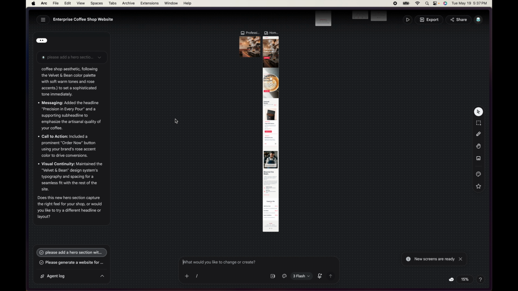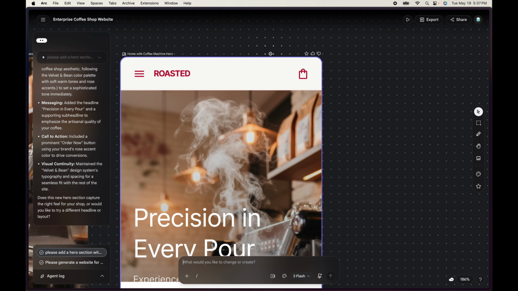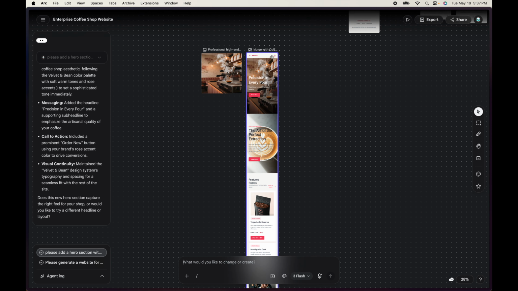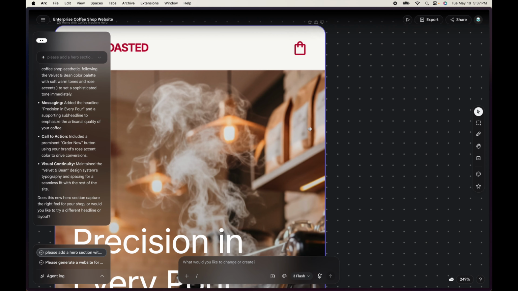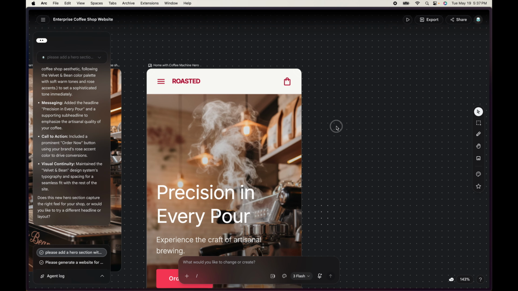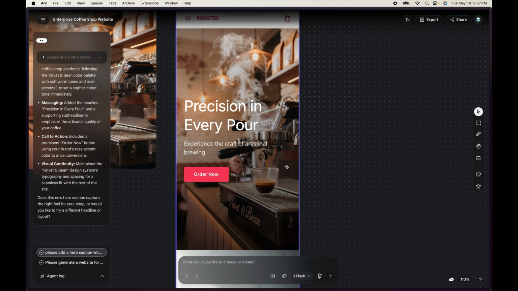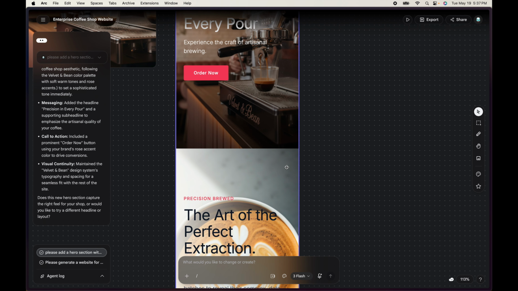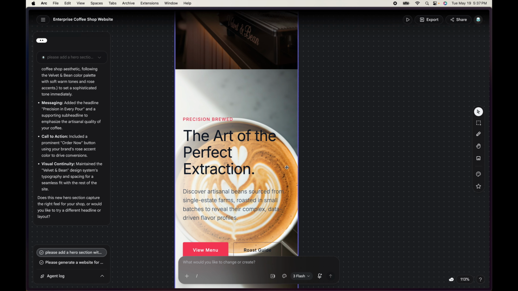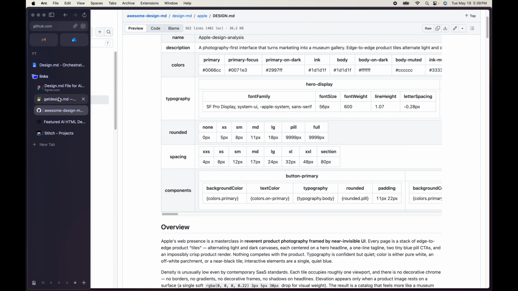All right, so it looks like it's completed, and if you take a look at it, I suppose I chose mobile as the device, so it's giving us the mobile device designs. If you take a look, it has already added that coffee machine inside of the hero section right in here. So that's really great. All the specifications it has used are as per the Design.md file that we provided, which is really awesome. Also, meanwhile, we can go back to